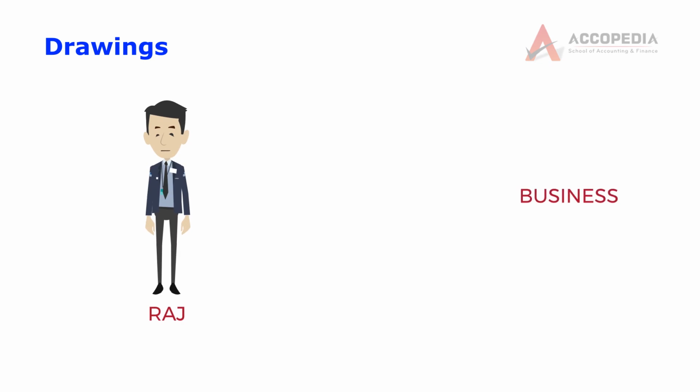Now, the next term we are going to discuss is the ledger account called drawings. We have already seen the word capital, what it means. In the same way, drawings is another term which is commonly used to denote the owner. Now, when the owner brings in money, let us say Raj invests money, from the business point of view, the business has to repay Raj. This was known as capital account or Raj capital account.